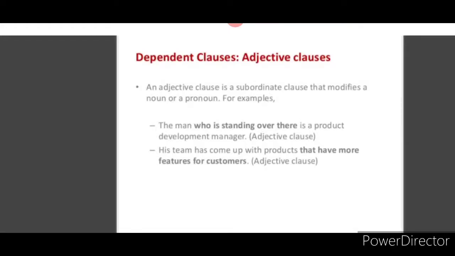One more example, see here. The book that I left on the bus belongs to Mrs. Chitra. So the book is the noun and that is the subordinating conjunction. I left on the bus describes the book. So that is the adjective clause. Adjective describes the noun; here it is a group of words which describes the noun. Okay children, this is what is the adjective clause.